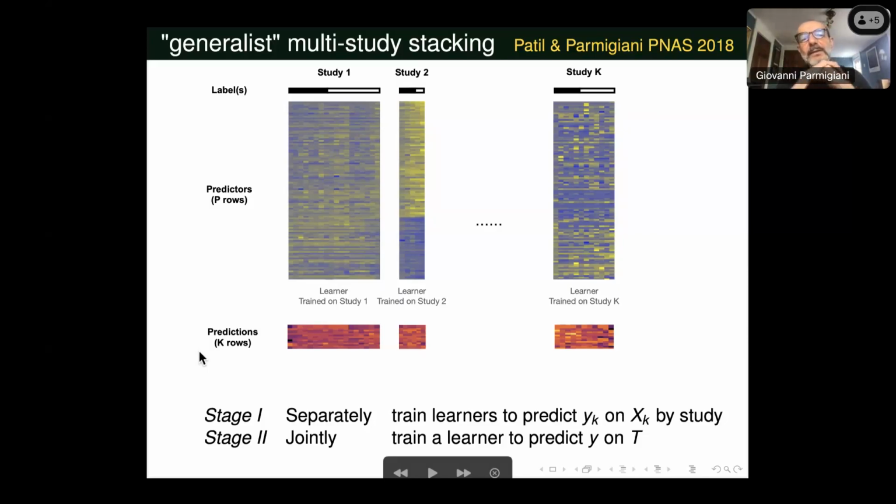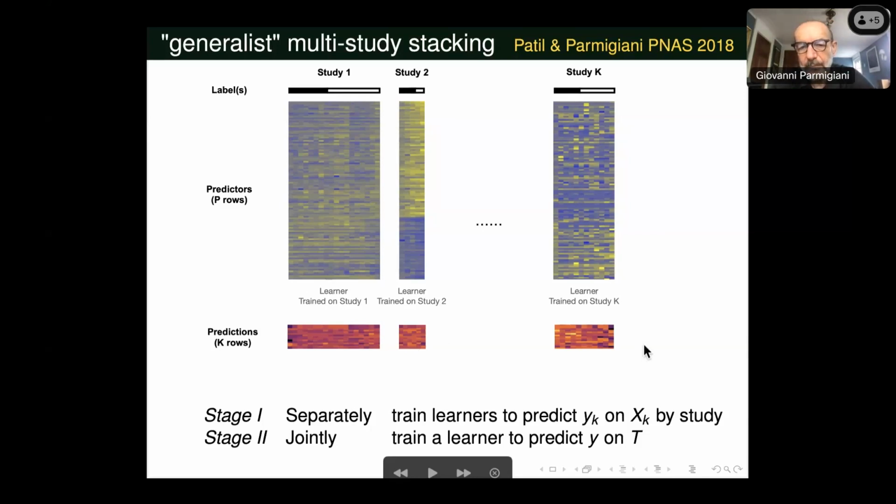And if I started out with the yellow and blue matrices at the top in terms of my features, I have now generated scores represented in red at the bottom for each patient using each of the K algorithms. Now, I'd like to point out that only a small fraction of these predictions are based on the same patients that were used to train the model initially. In fact, only one row for each of